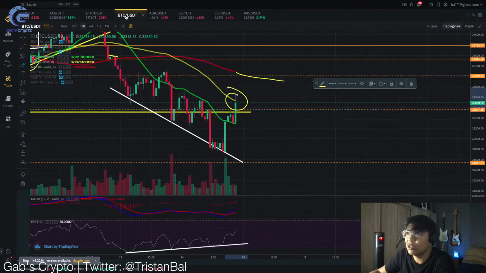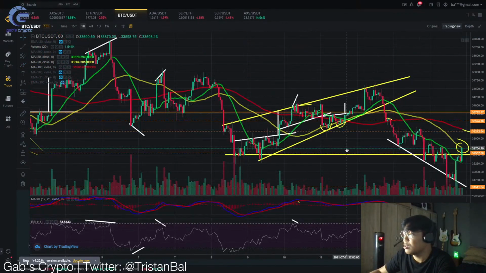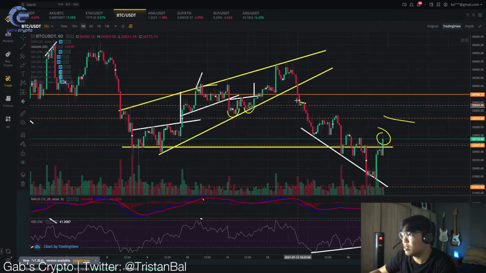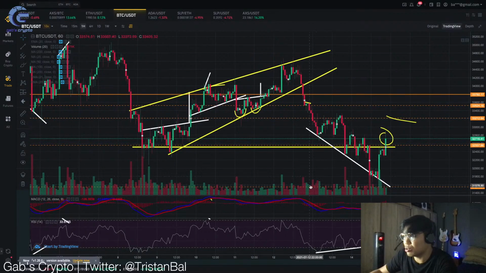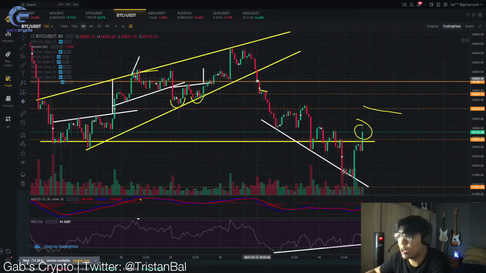So for example, nag-breakout si Bitcoin dito. Buksan natin to. So for example, nag-breakout si Bitcoin within this movement. Magsasabi ako na, yup, this is a good buying level kasi nagkaroon ng sell volume. Pero hindi ko sasabihin sa inyo entry kasi it's at your own risk na kung kailan kayo mag-enter. Pero the best time to enter would be after an early candle confirmation with volume. So, dun mas maganda bumili or mag-enter ng kahit anong futures position. For me lang, personal take ko lang dun. So, dun kayo mag-enter palagi.